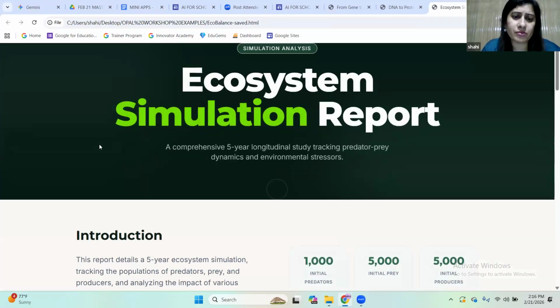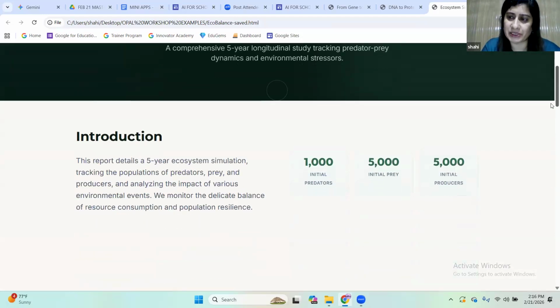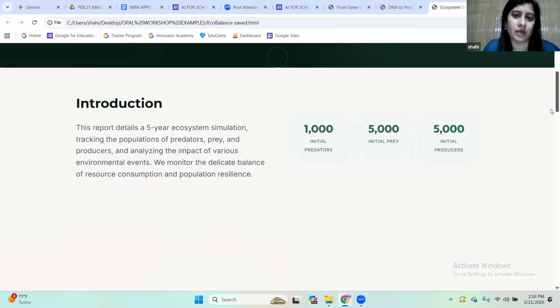Then this is also something very interesting. There is another app, and its name is Eco Balance app. It asks, for example, the number of predators and the number of other beings in a specific environment and ecosystem. You see, I have just fed this information: 1,000 initial predators, preys, and then the initial producers.